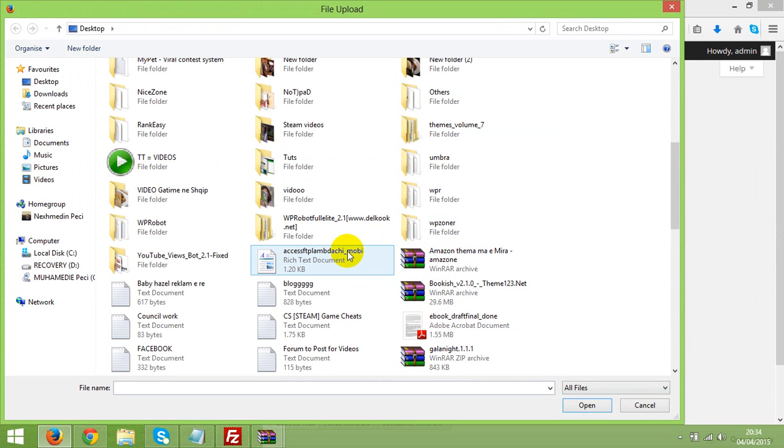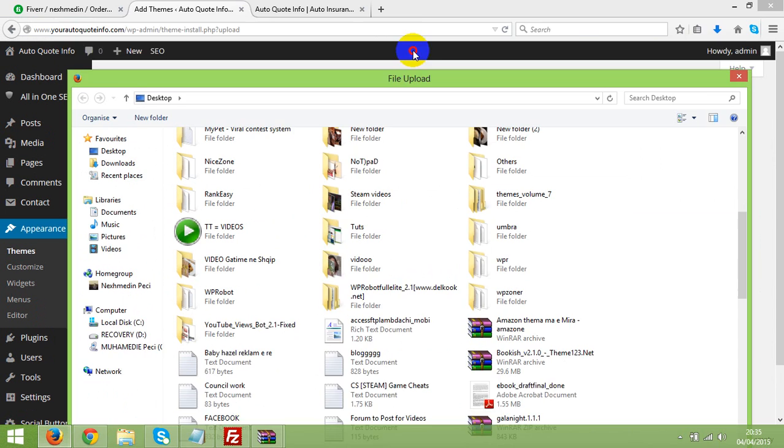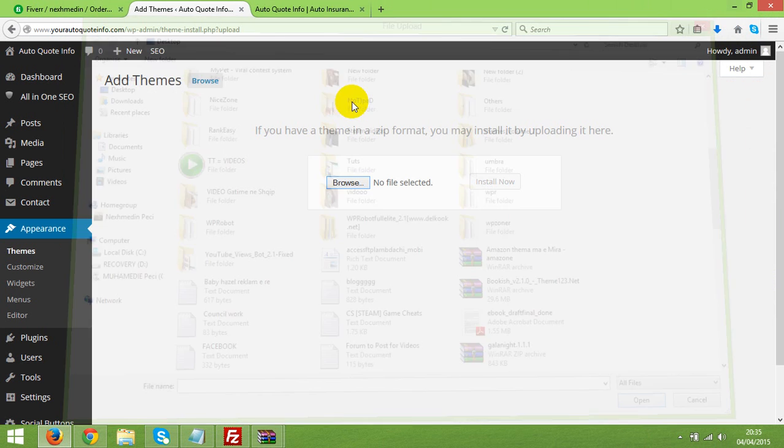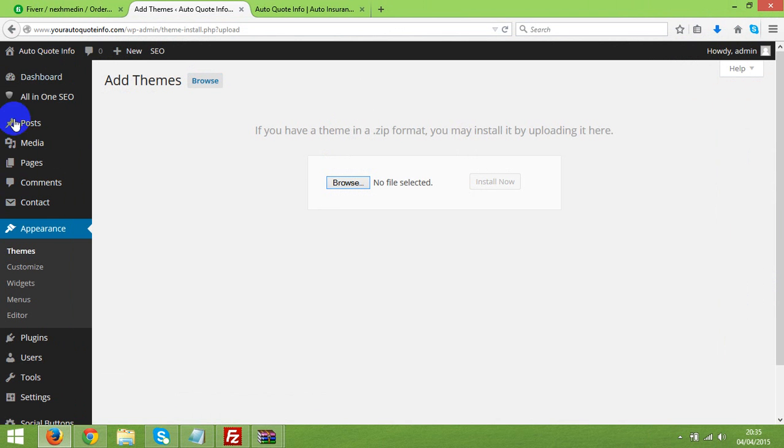Most of the themes, I have to say, probably 40 to 60% of them, get an error when you try to upload them through WordPress, the same way as I'm doing right now. So that's why I use this software. Using it bypasses this kind of error, and straight away it comes in properly. So once you upload into FTP, then the next step is, as I mentioned, you go up here